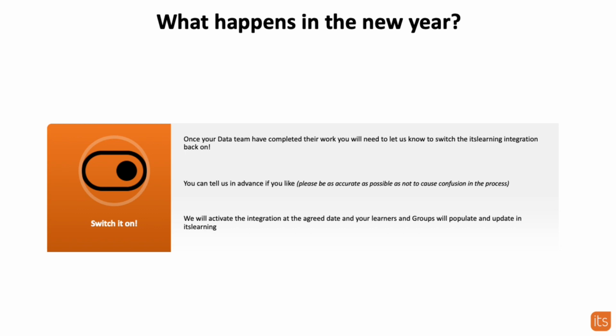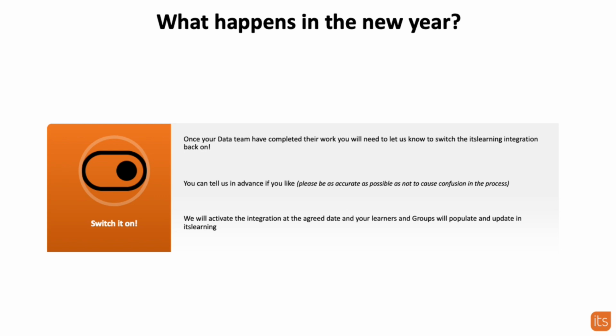And what we mean by that is, if you're going to email us and say, on August 20th, we'd like this turned back on, and then something happens or you get held up with something and you forget to tell us that you don't want it turned back on at that point, that can obviously cause confusion. Or if you keep ringing us or emailing us every day, changing your dates, then that can be an issue as well. Now, obviously, we know that certain things happen. There are difficulties that occur and things like that. So don't worry if this is something you have to do. We're just asking to try and be as